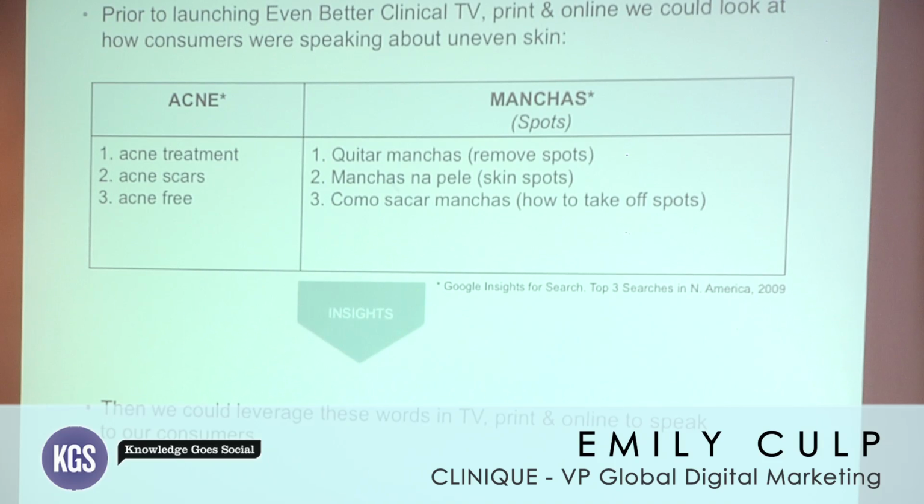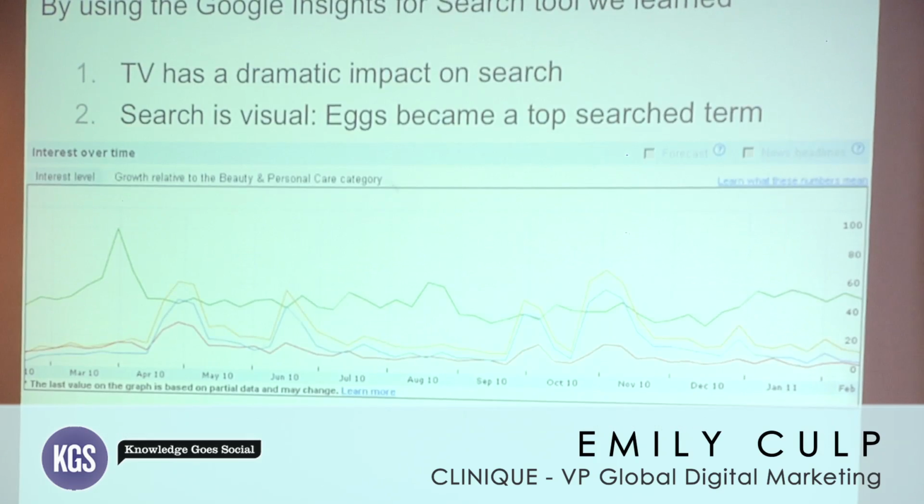So where this insight is extremely powerful is we were able to essentially refute our initial hypothesis that consumers were using the word hyperpigmentation, and we were able to take these consumer insights in real time and actively make changes not only in our digital copy, but also in our print and impact some of our TV. So again, I think this is a very powerful way to use the digital space to inform your other channels effectively. If we go to the next slide, 6, Google Search Insights also helps us monitor how our media is